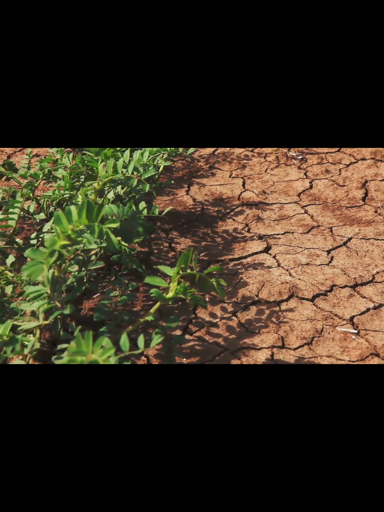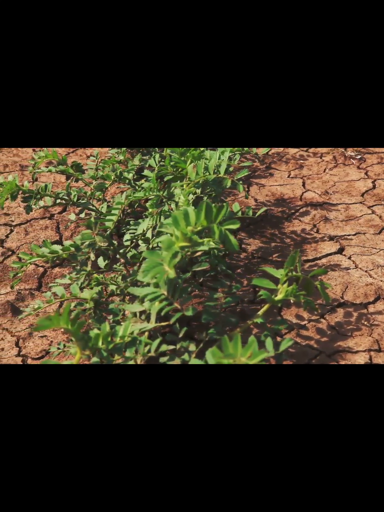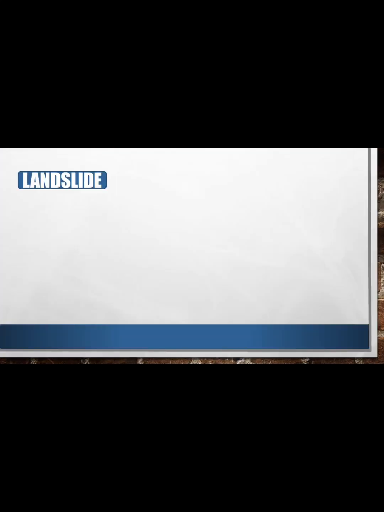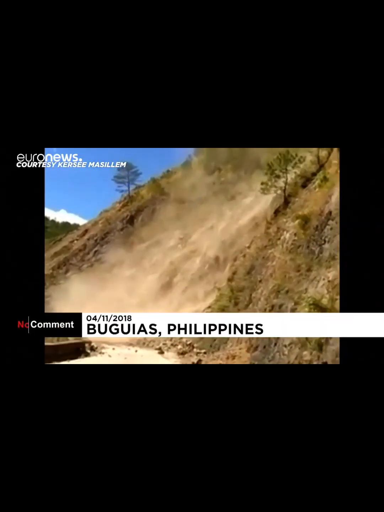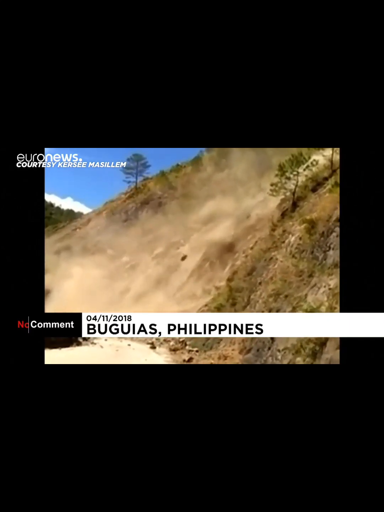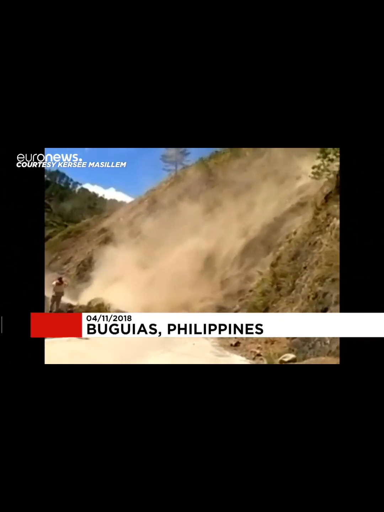Drought is what we call here El Niño, or yung tagtuyot, natutuyo yung mga lupa. Next is the landslide. So, landslide is a range of ground movement such as rockfalls, deep failure of slopes, and shallow debris flows.